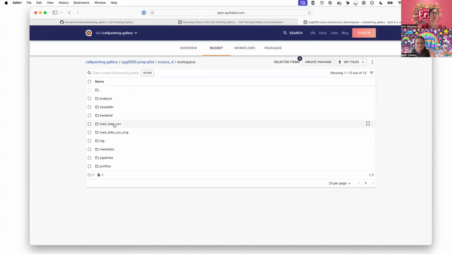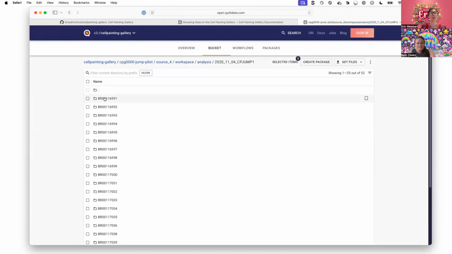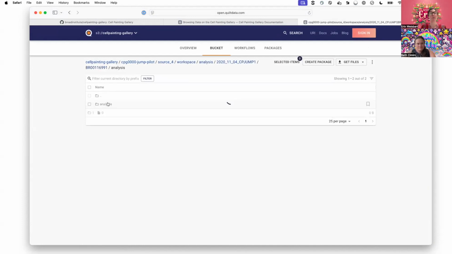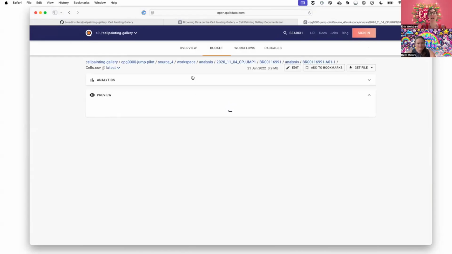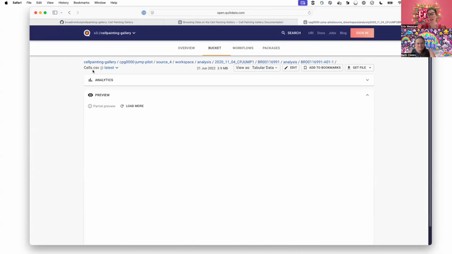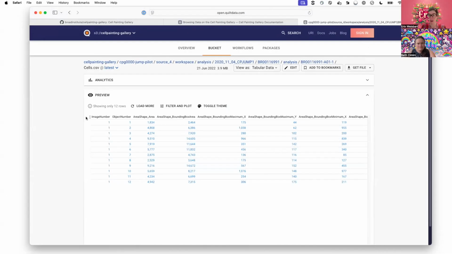So if I want to look at the measurements made in some of these, I can actually click on a CSV and have it previewed here for me. And there are some tools for simple data viewing and plotting within Quilt as well. But it's a really handy way to intuitively click through and browse through where data is without having to worry about fully understanding